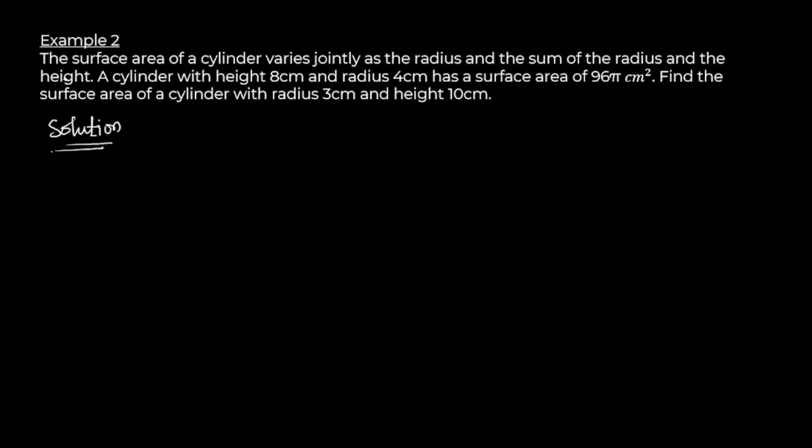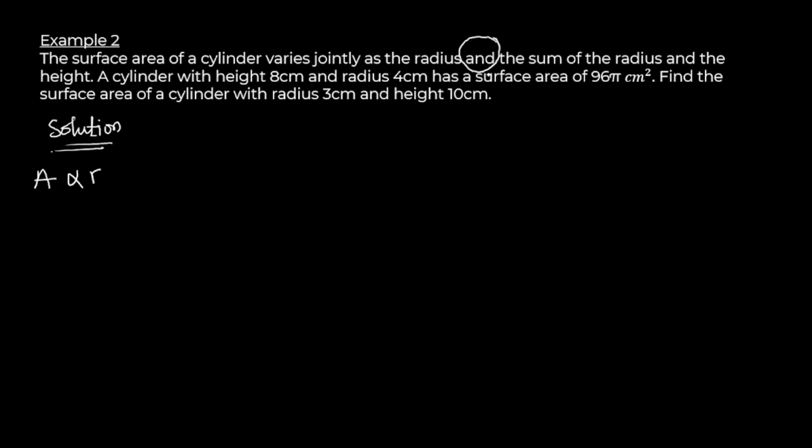So we have a surface area of a cylinder. Let A be our surface area. The surface area of a cylinder varies jointly as the radius. The "and" is the break between the variables. So firstly, the surface area varies jointly as the radius. This means our surface area varies as the radius. And the "and" over here